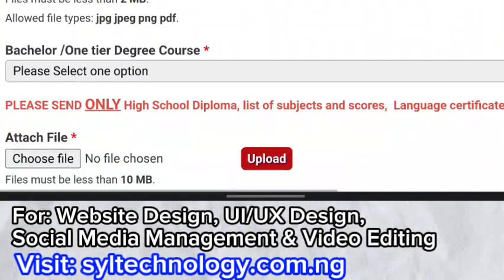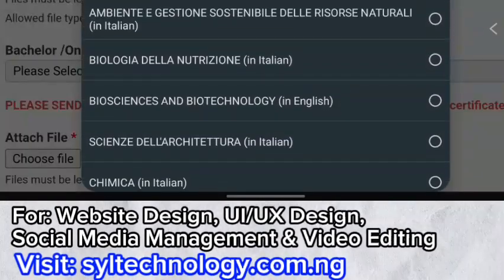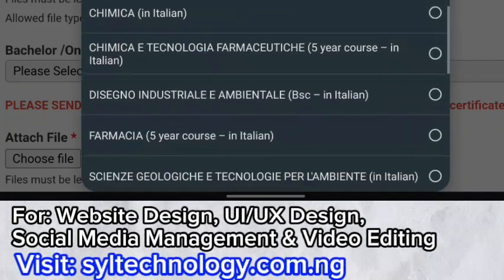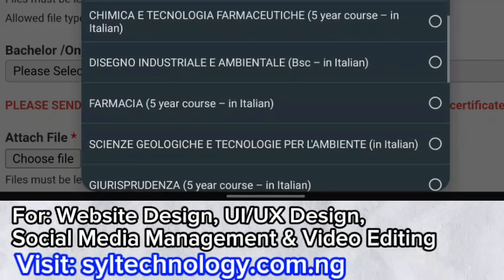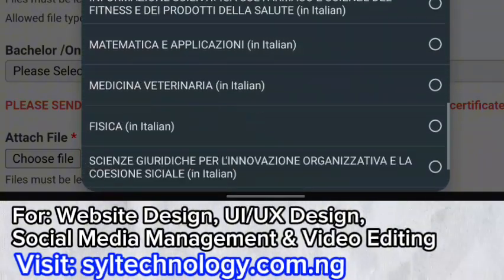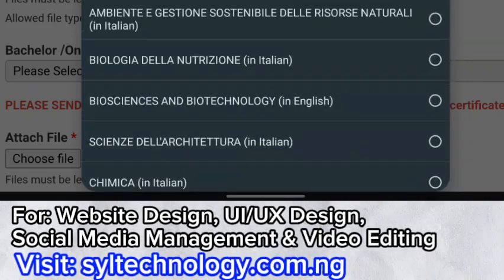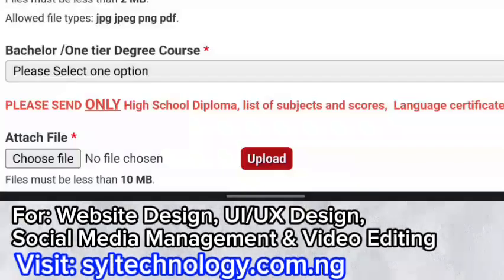Then here it now says that you should select your program of interest. If you look at all of this, you are going to see that some of these programs are Italian programs, some of them are taught in English, some of them are taught in Italian. So you want to scroll down to make sure the one you are selecting is actually taught in English. But if you already have Italian proficiency, then you also want to make sure you go ahead to check. There are just a few of them that are available in English. Okay, so if I click on this,